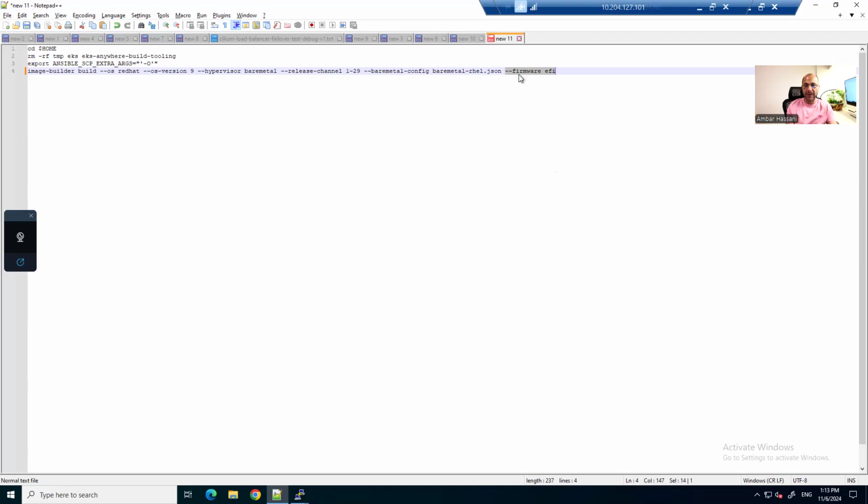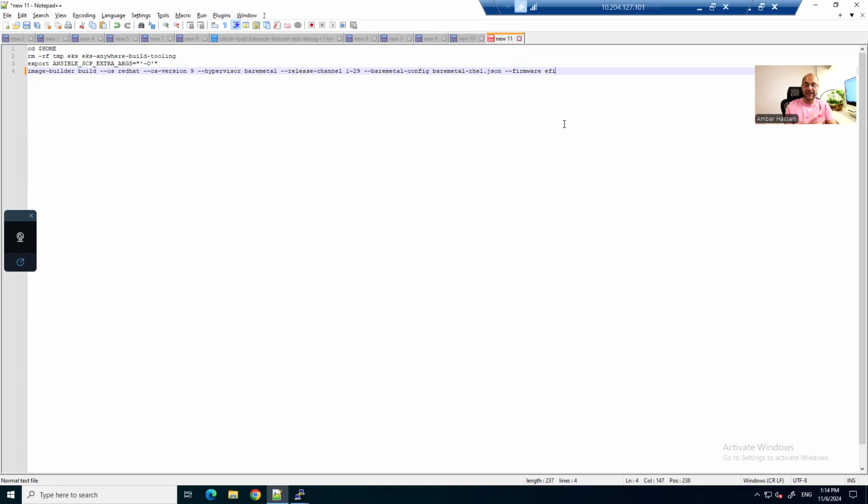website, is that we need to supplement the firmware EFI parameter, because by default, when you create a Ubuntu-based OS image for the bare metal nodes, it is an EFI supported image actually. But when you are creating a Red Hat based image, if you don't supply this particular parameter, it becomes a BIOS image actually. Now, apparently what I've found is that when you create the cluster, the 9.2 or the 9.x